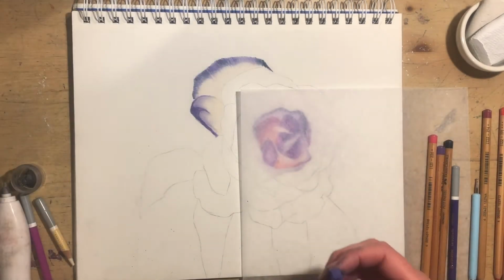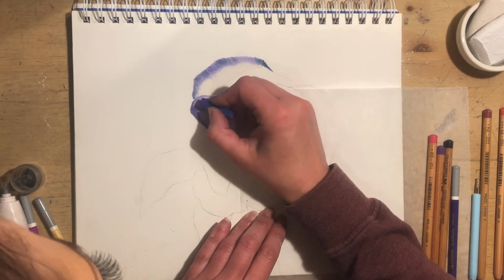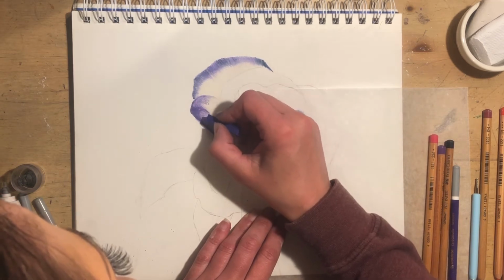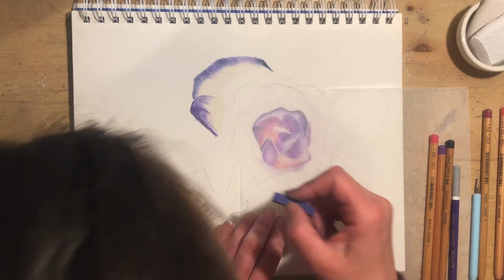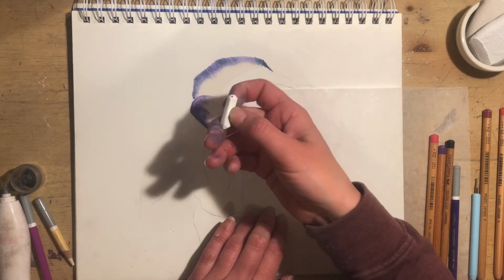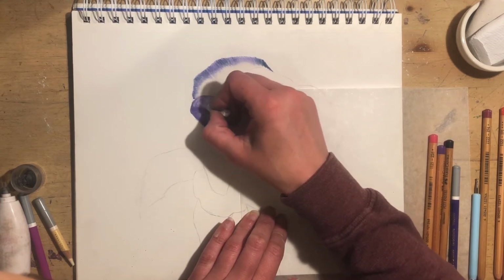Alright, this might be a little too much, but it does give this a nice texture that's a little softer. And if I do that, and then kind of pair it with this, which also has a nice,